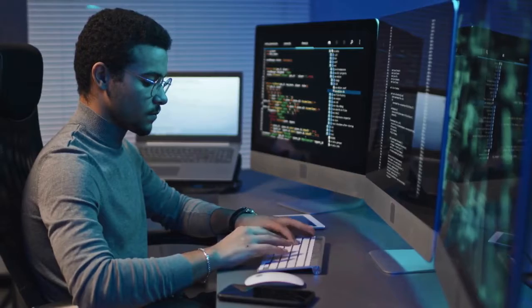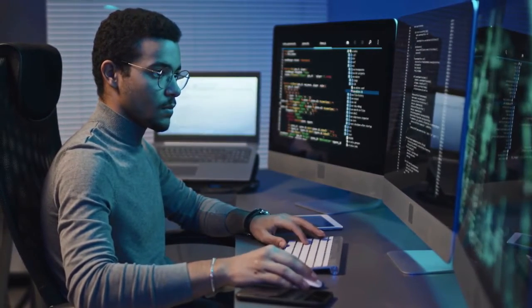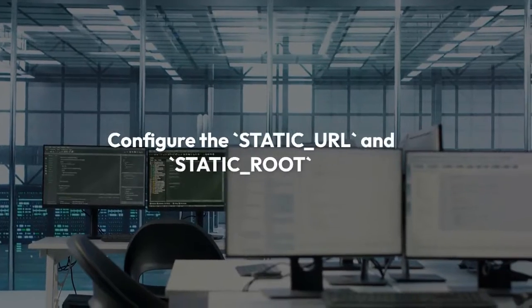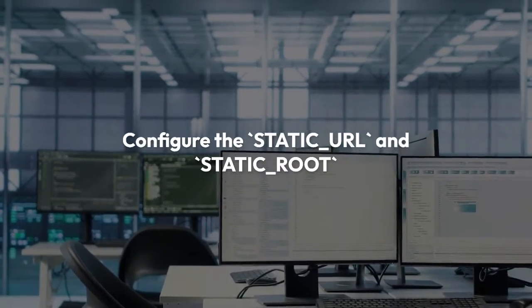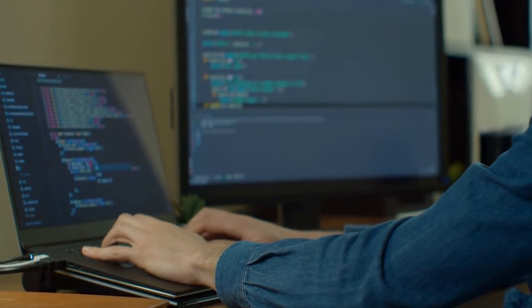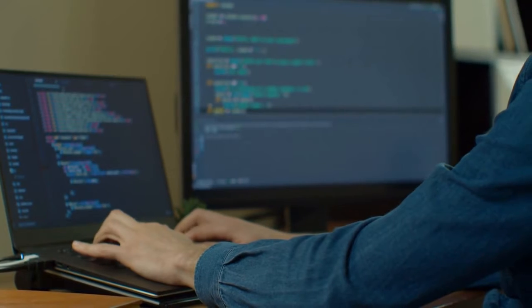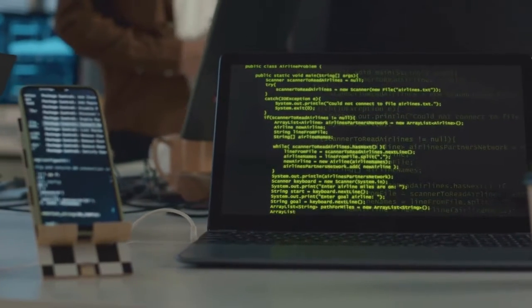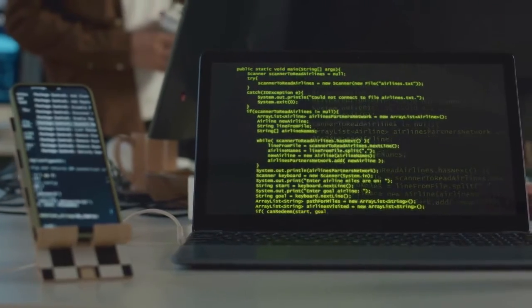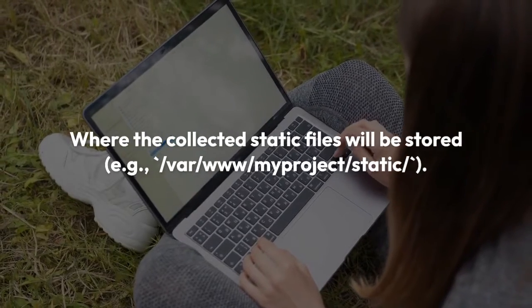In your production settings, likely a file named 'production.py' or something similar, you need to configure the STATIC_URL and STATIC_ROOT. STATIC_URL should point to the URL where your static files will be served, for example, /static/. Crucially, STATIC_ROOT should point to an absolute path on your server's file system, where the collected static files will be stored, for example,